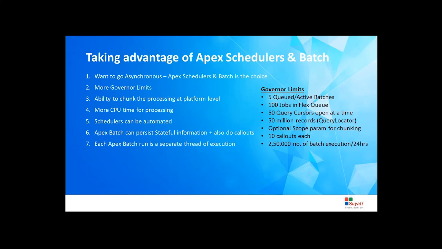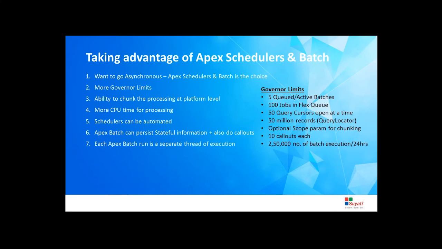Plus, there is also a scope parameter that the database.executeBatch statement gives us. The scope parameter by default is set to 200, which means a batch can run with 200 records at a particular time. But if you feel that the batch job will get more records, for example, every run it is possible to get 1 million records, so this batch job should chunk itself and parallelize itself in the platform, you can use the scope parameter.